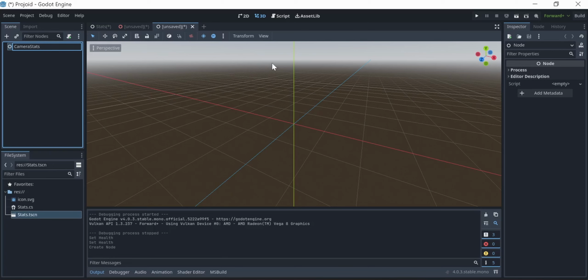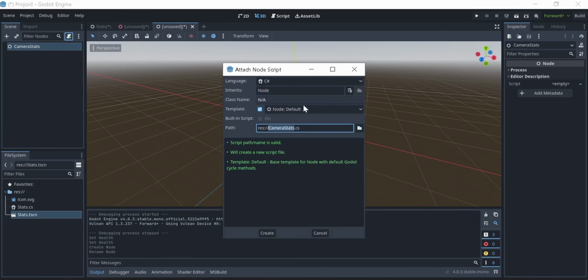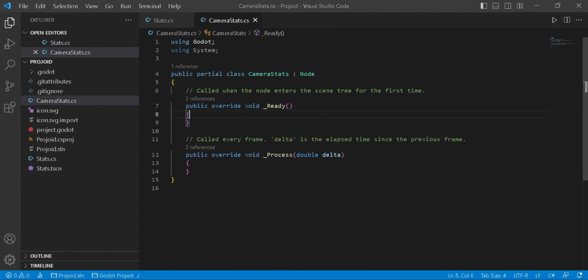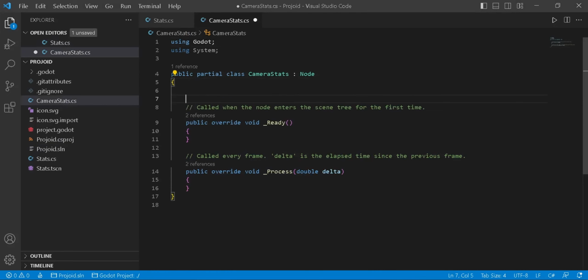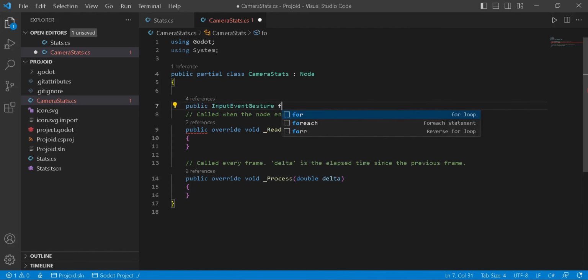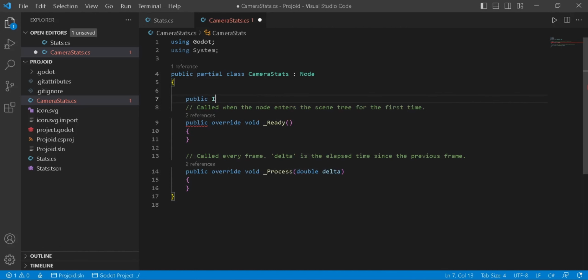Now we're going to create another node. This node will store our camera stats. Okay, why do we need the camera stats? We can adjust the sensitivity here. We can adjust the zoom speed here. We can adjust so many things here. So we're going to do the exact same thing we did previously. We're going to make a public integer